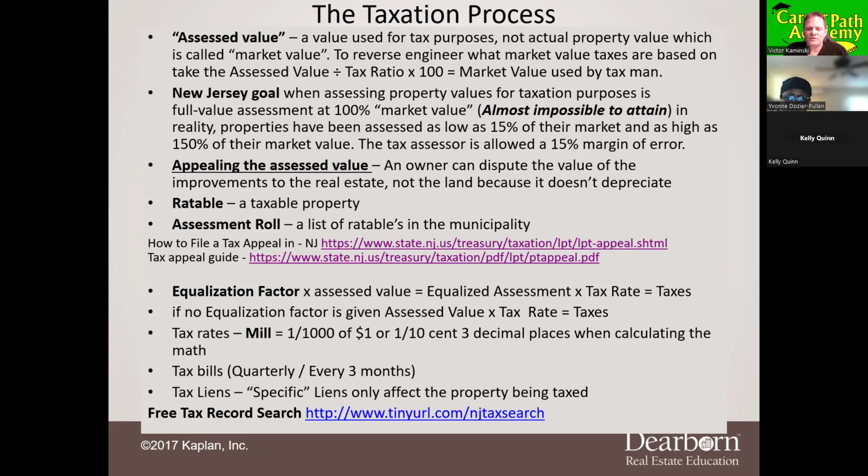So what do I get in return? I get a certificate that says that I paid your property taxes $8,000. And since I was the only bidder, I get it at 18% interest rate. So the property owner has to pay me back that $8,000 plus 18% interest within 2 years. If they don't pay me back that money plus interest within 2 years, I can foreclose on them as if I was the municipality who was not paid the property taxes. And I get your property free and clear.